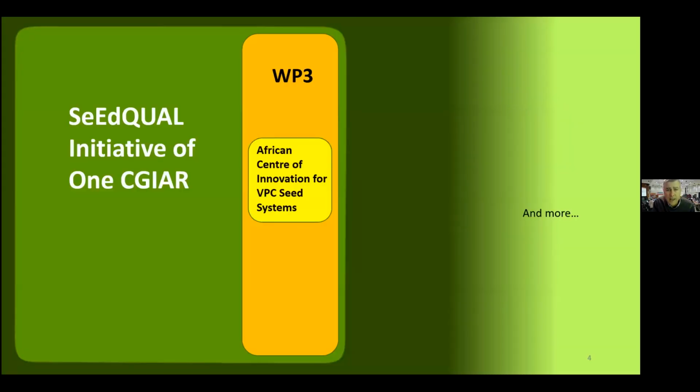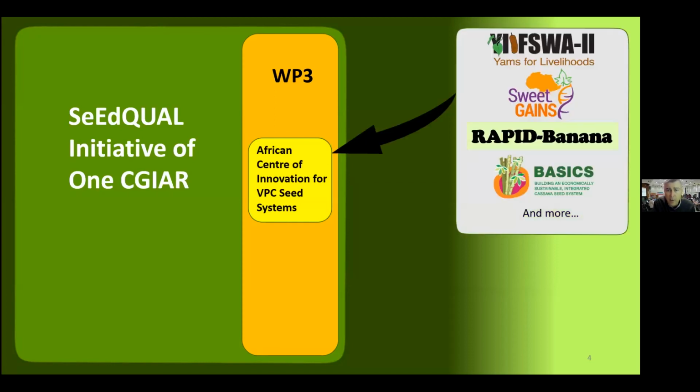I'm pulling up here a slide that James Legg showed earlier, and there we go. It's showing that our plan right now is to take a lot of the lessons and progress that have been generated through the various projects that I mentioned earlier, the YIIFSWA yam project, the SweetGAINS project, the BASICS project, the BEST project, and then integrate those lessons under a single framework, an umbrella management organization that's really on the conceptual stage right now, but something we're hoping to support, which would be this African Center of Innovation for Vegetatively